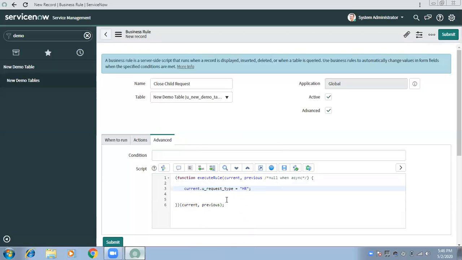This will also work, and at the same time, you can use current.setValue with request type, comma, HR.